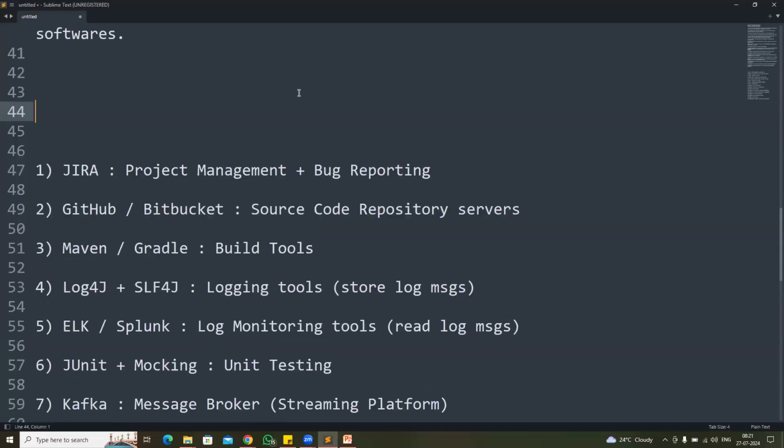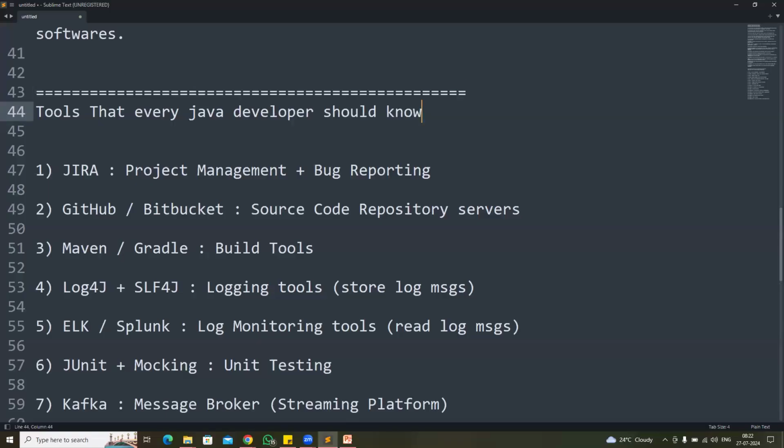Guys, tools that we are going to cover, tools that every Java developer should know. These are the tools that every Java developer should know to perform our day-to-day activities in the project. Jira, project management and bug reporting; GitHub, Bitbucket, source code repository; Maven or Gradle, build tools; Log4j, logging; ELK for log monitoring; JUnit for mocking for unit testing;